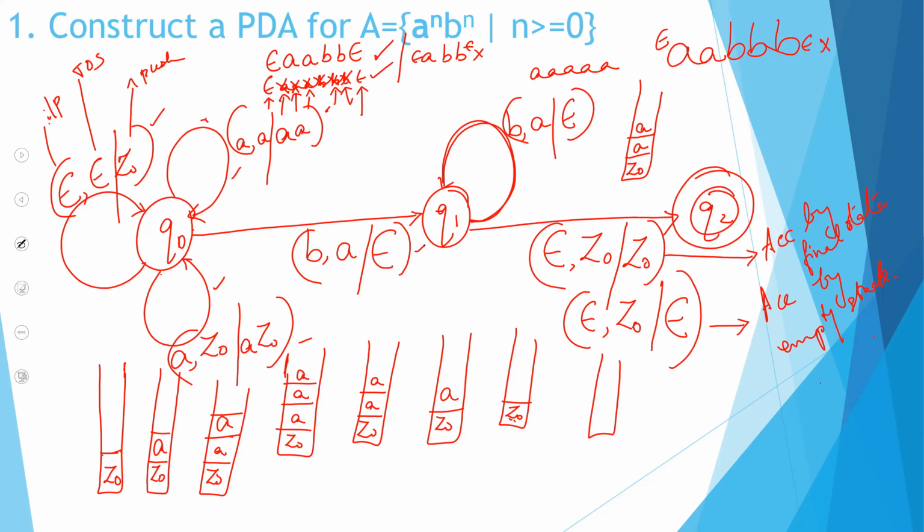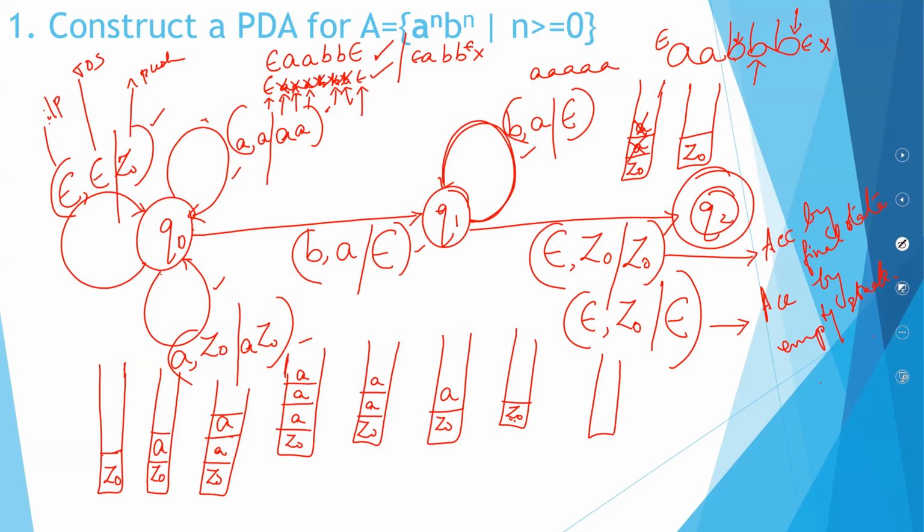With this I've encountered my first B, which means I took away my top of the stack. So this is the condition of my stack when I reach here. Now I reach my second B, which means I'm doing this particular transition. I am taking out my top of the stack. Now, this is the condition of my stack. And I am encountering B. Listen very carefully.